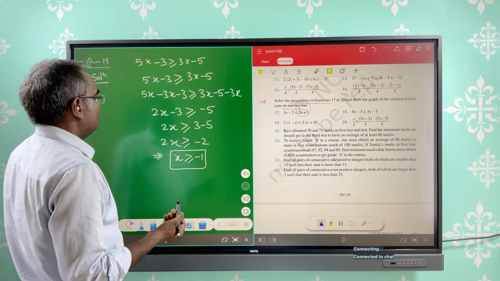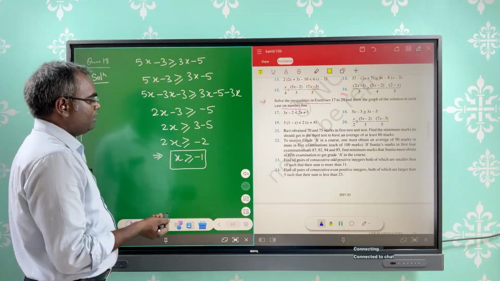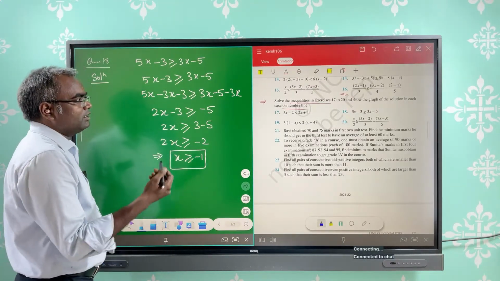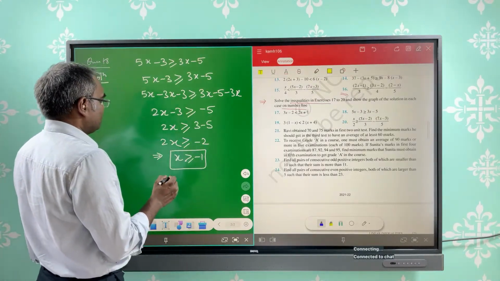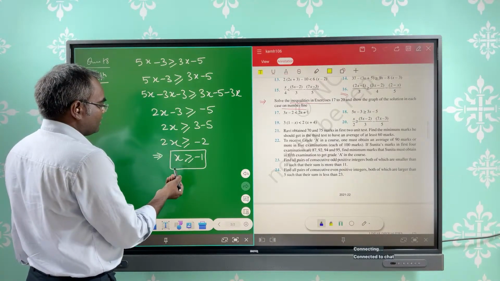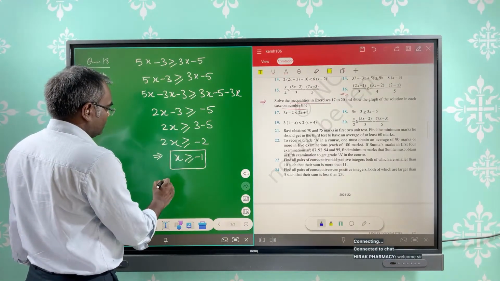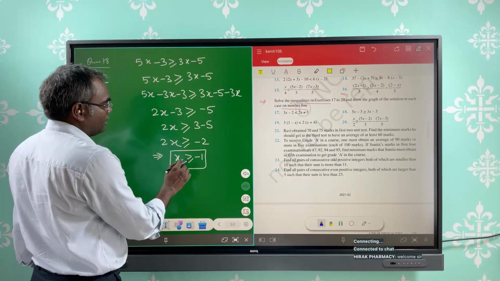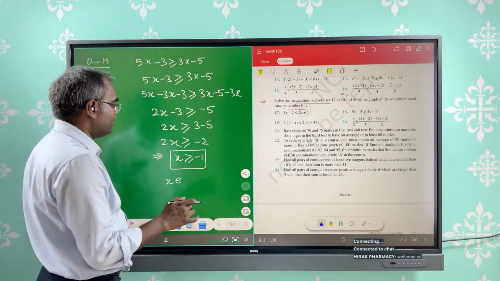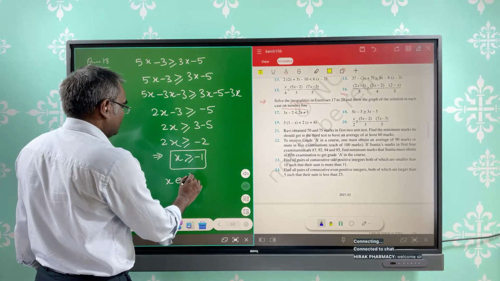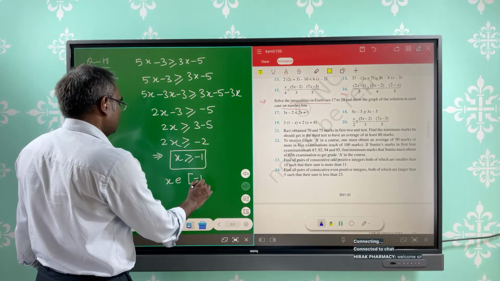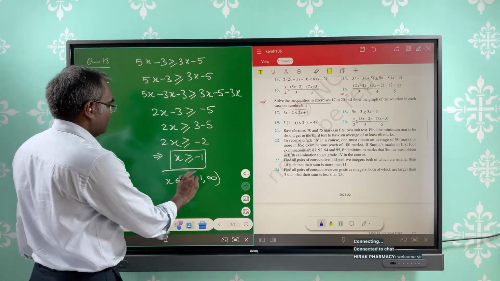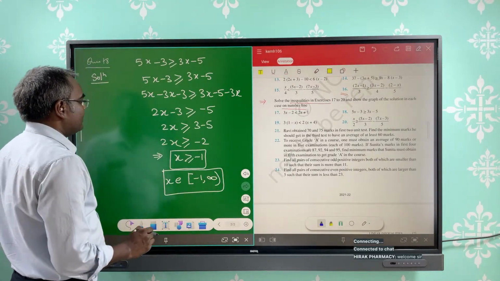That means all the real numbers greater than or equal to minus 1 satisfy the given inequality. You can also write this in the form of an interval. Minus 1 is the smallest, that is the lower limit, and it is included. So minus 1 to infinity. This is the answer. And we can plot this